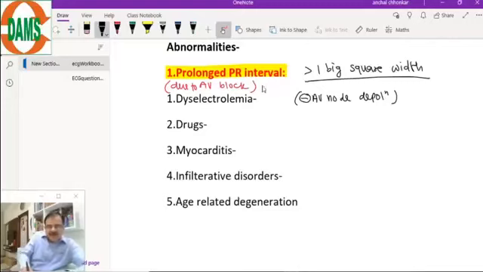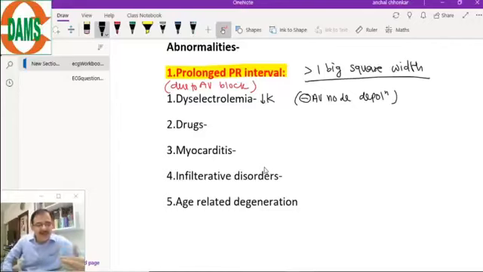Yes, very nice. It will be the low potassium. It inhibits the AV node depolarization, and you will be surprised to know that even high potassium does the same thing. So both hyperkalemia and hypokalemia have similar effect. They cause PR interval prolongation, and this we will discuss in the electrolyte imbalance, how they affect the ECG. Low potassium and high potassium. Sodium deficiency, no. Sodium deficiency does not affect the ECG usually.